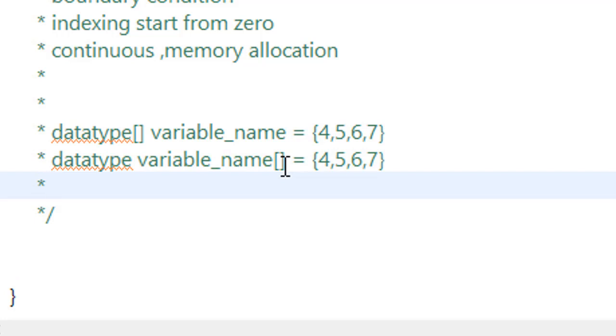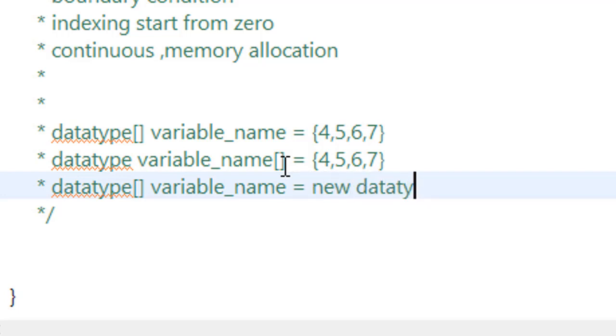Another way is like this: data type, variable name, that is the array name, is equal to new data type, with the boundary condition. Just stay with me, I will tell you.